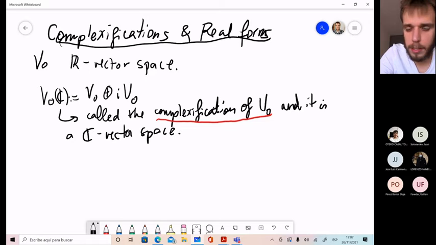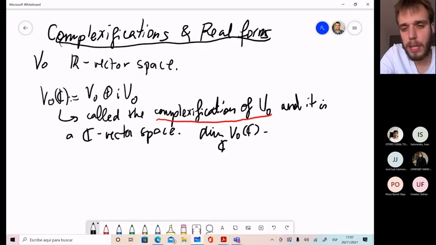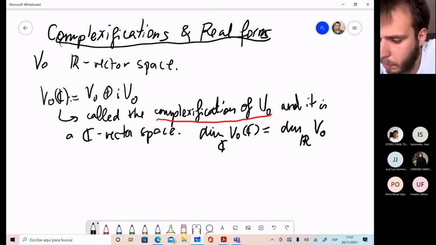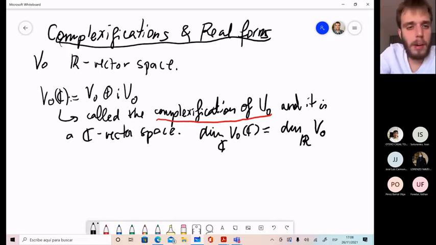Moreover, you have that the dimension of the complexification of V naught as a complex vector space is equal to the dimension of V naught as a real vector space. Why is this? Because if you take a basis of V naught, it will also be a C basis for V naught C, the complexification of V naught. And conversely,